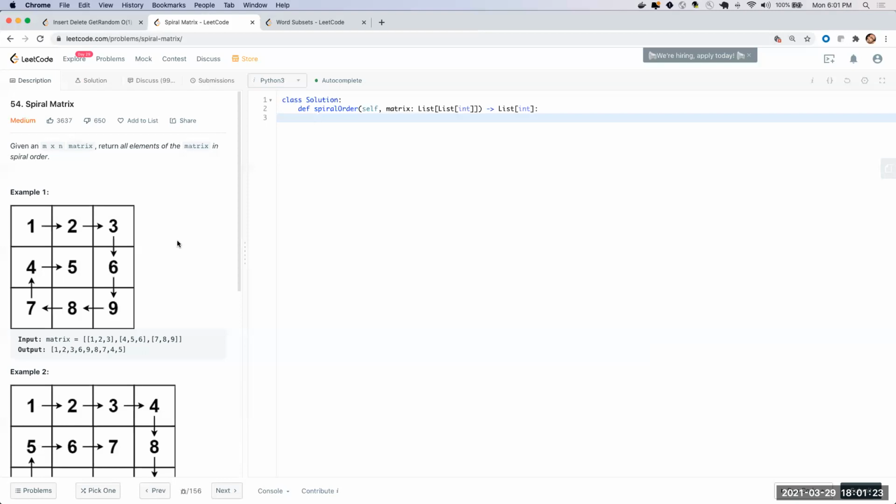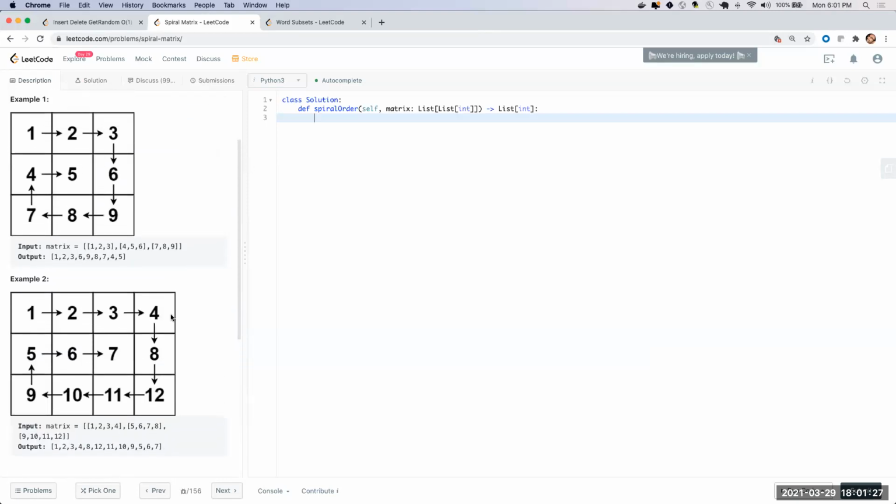So that means the first row, last column, and then there's just one more element that you count. So technically the first row and last column get into the list as is, no matter what the size of the matrix is.